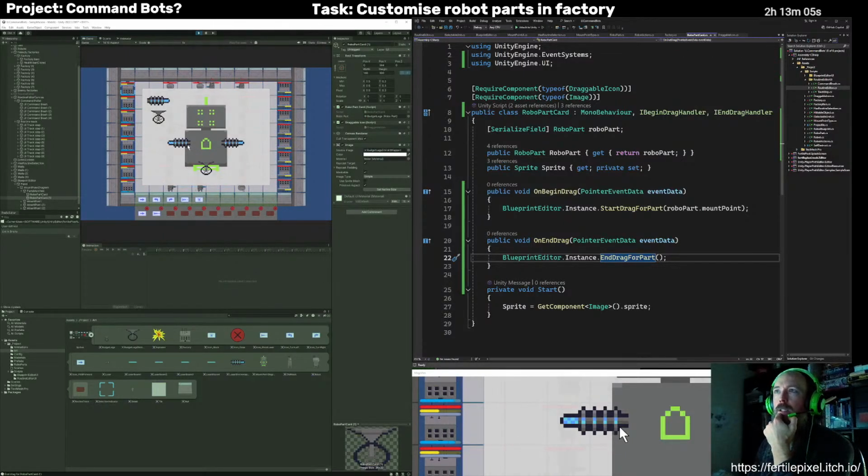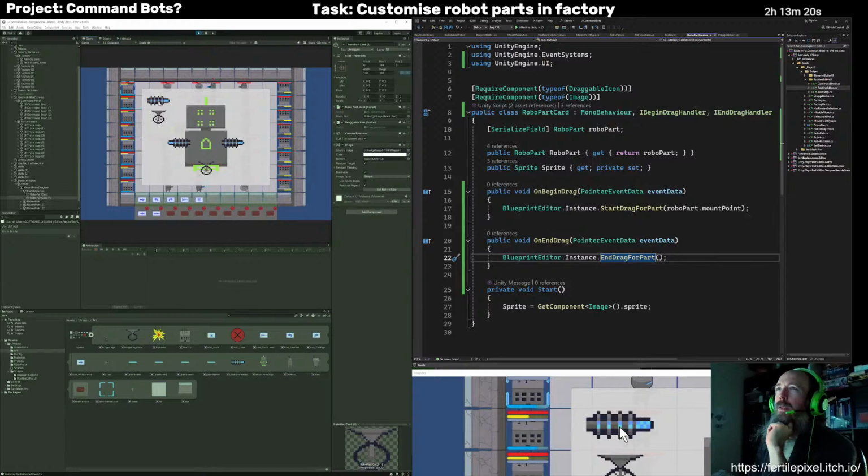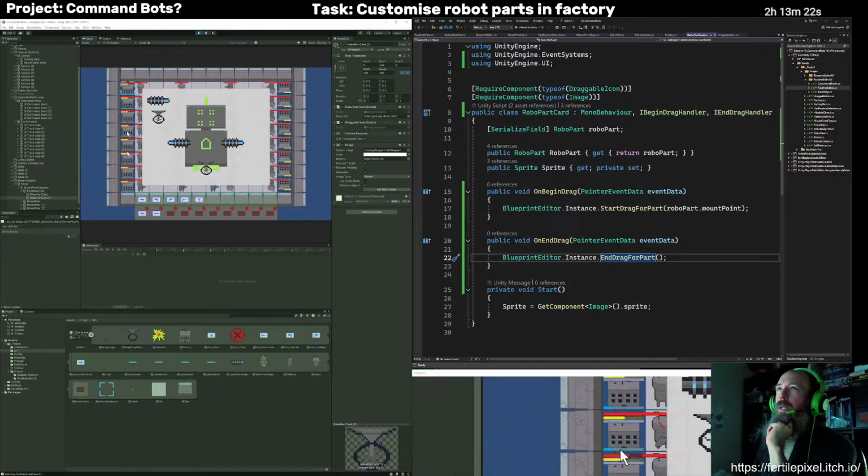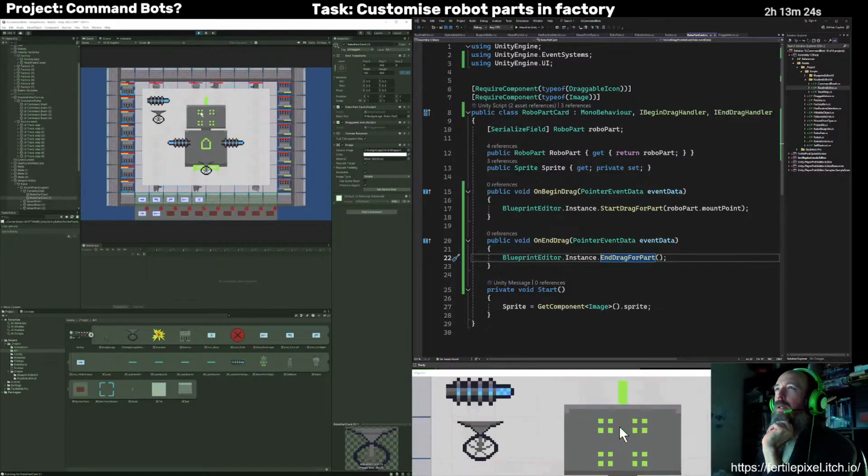I guess I need a shield part and move. Yeah, I guess potentially block the raycast to other canvases. Or make this UI cover the whole thing.